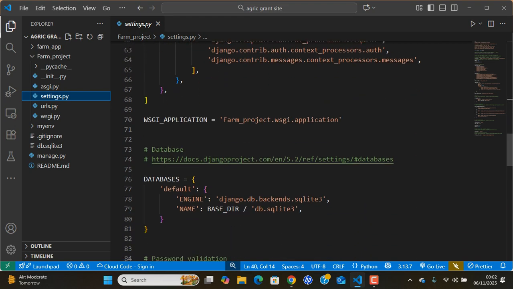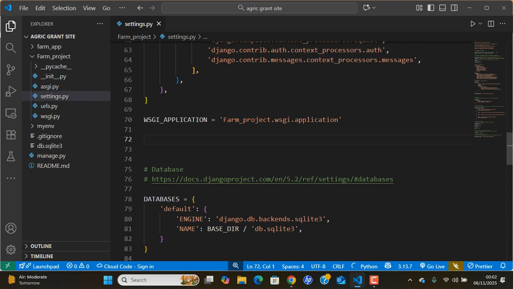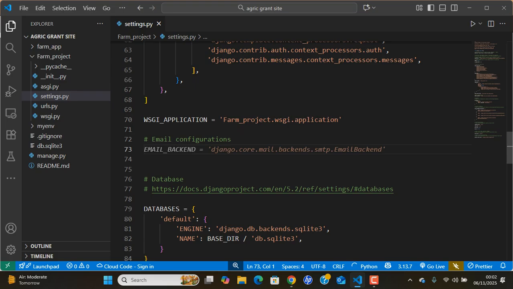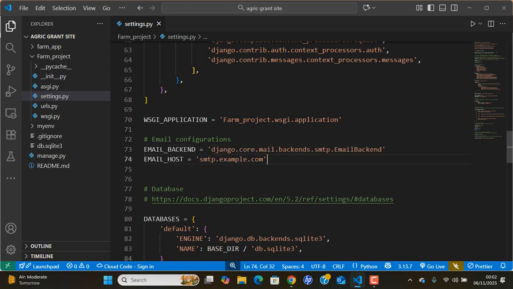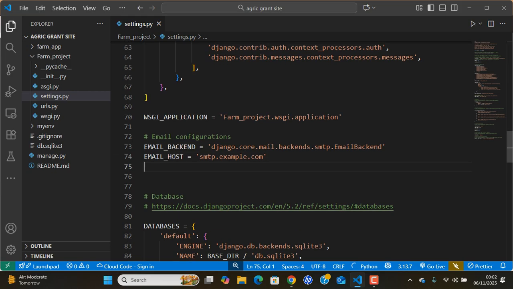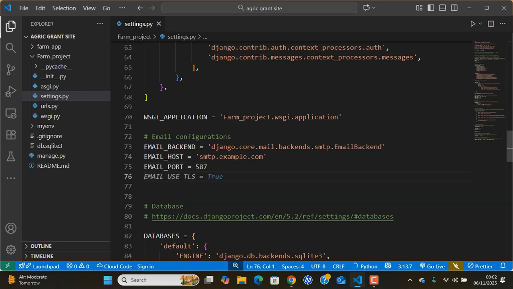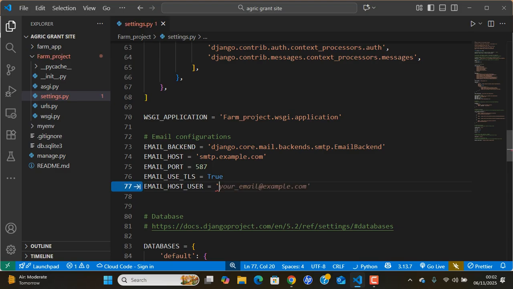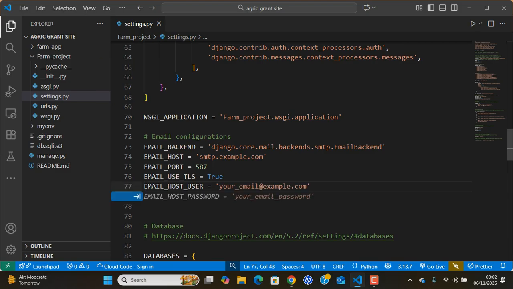You may also need the default from email, so that you don't always call on it anytime that you want. You can easily get these values anytime you want. Okay, so I'm going to set up default email from, and that's going to be the email host user. So whatever email I have here is going to be the email host user. I'm going to just use my email,